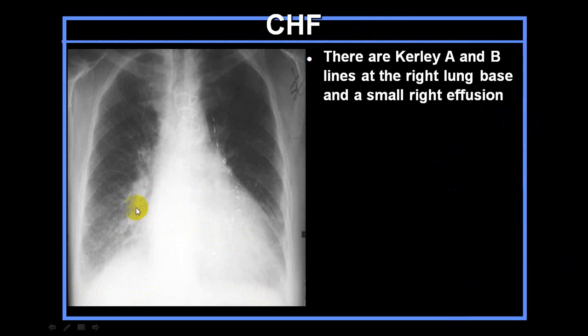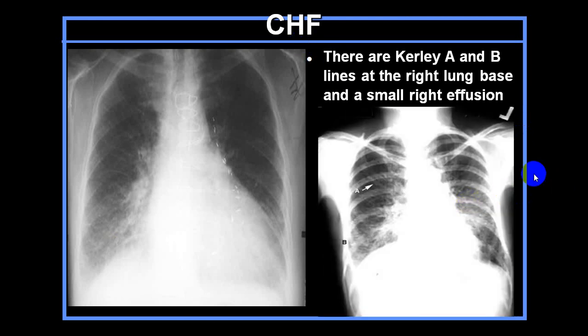So cardiomegaly, angle not clear, bronchovascular marking a little prominent. You see a prominent line here, Kerley A lines, these are Kerley B lines. It will be in favor of congestive heart failure. You can see these are Kerley A lines, these are Kerley B lines, angle is not so clear, mild cardiomegaly and prominent bronchovascular marking, classical of congestive heart failure.